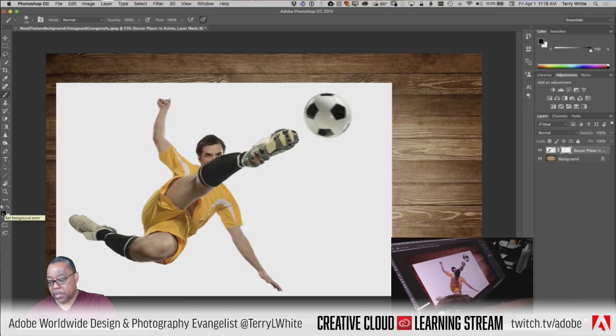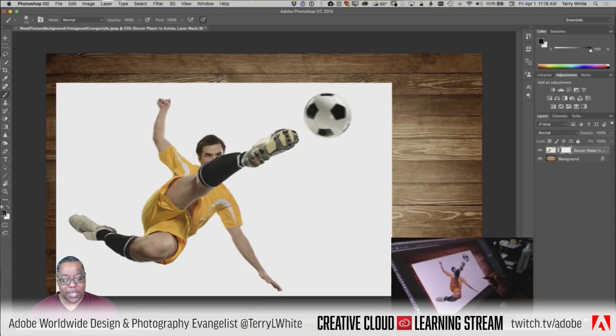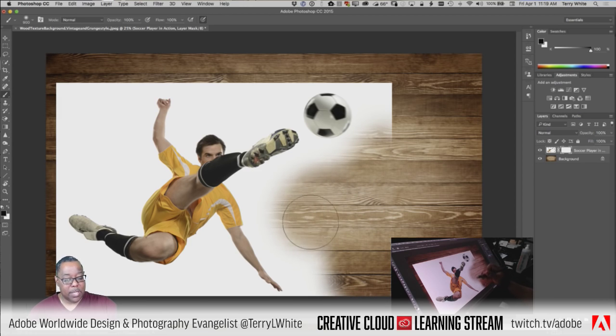There we go. As long as my foreground color is set to black, then I can mask. And the beauty of masking, you still have all the same issues that you would have had with the eraser. But the beauty of masking is that if I mask, and I'm using a soft brush,